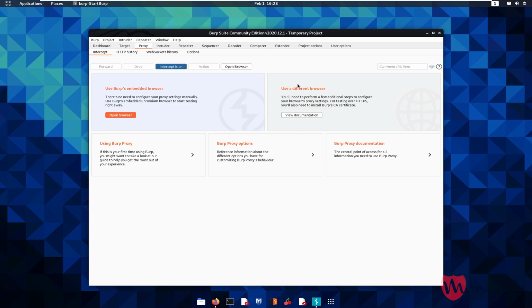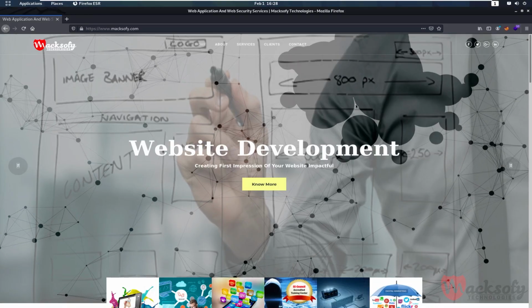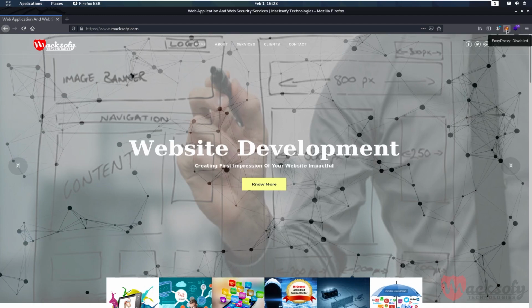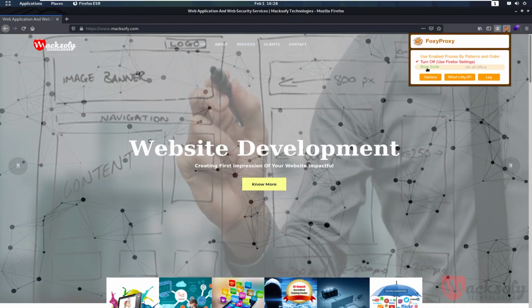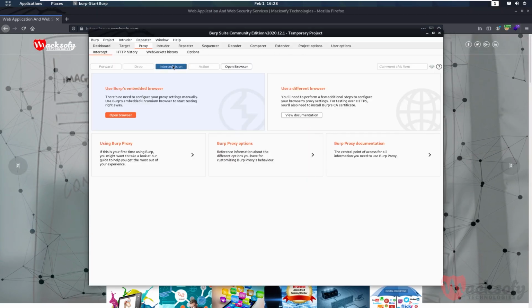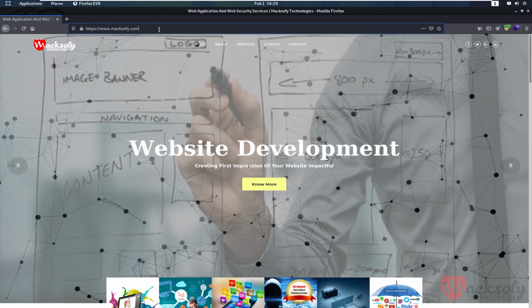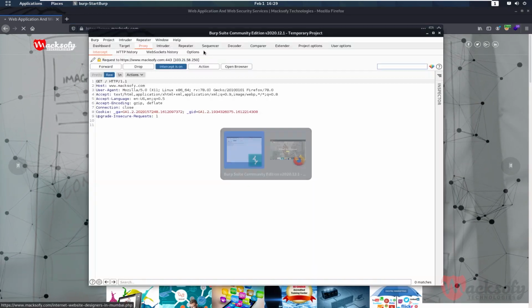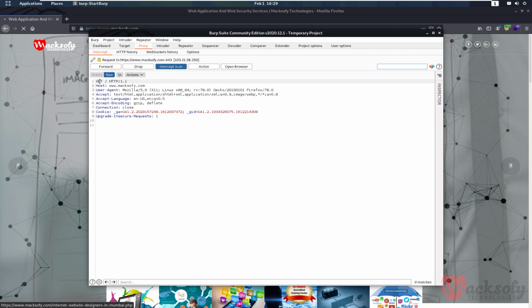So for this demonstration, I'm going to use this tool as a proxy, and for that I will be going towards my FoxyProxy and enable the Burp proxy from here. Then I will click on the intercept is on button and then we'll refresh the page. Now you can see that we get a request over here.